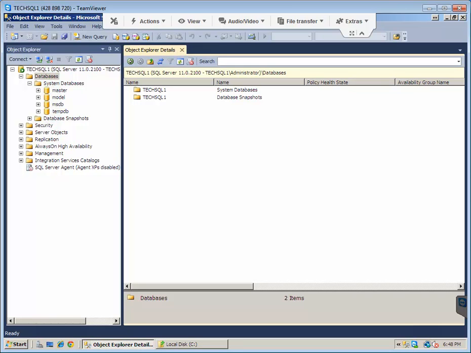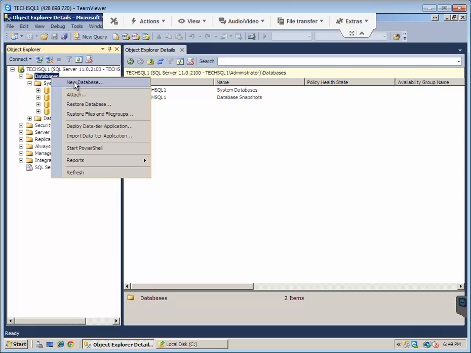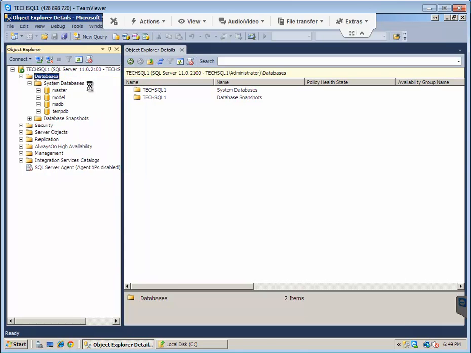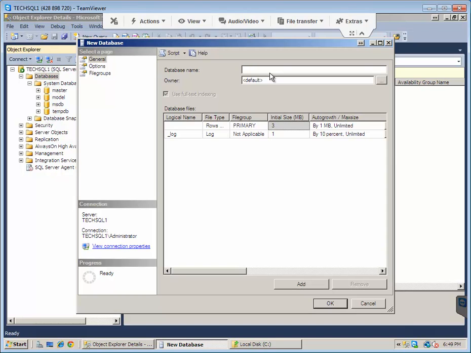Let's learn how to create a database with SQL Server 2012. As you can see, I have opened Microsoft SQL Server Management Studio. Connect to the server and open the database pane. Right click on the new database option. Let's give the database name as testdb01